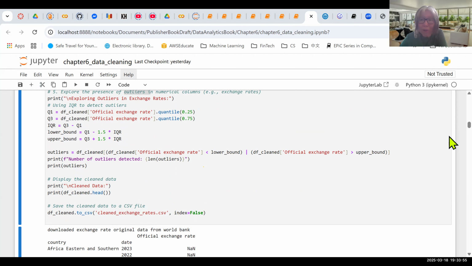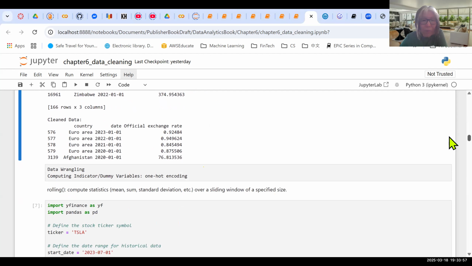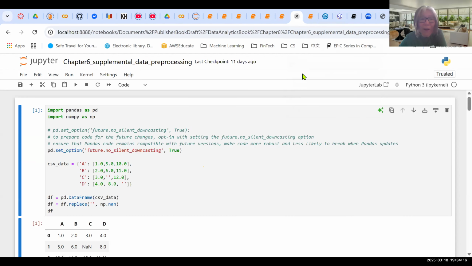So let's see. Yeah, so this is the cleaned data. So that's the first example, about World Bank data, doing the data cleaning. And before we move to data wrangling, I also provided a supplemental